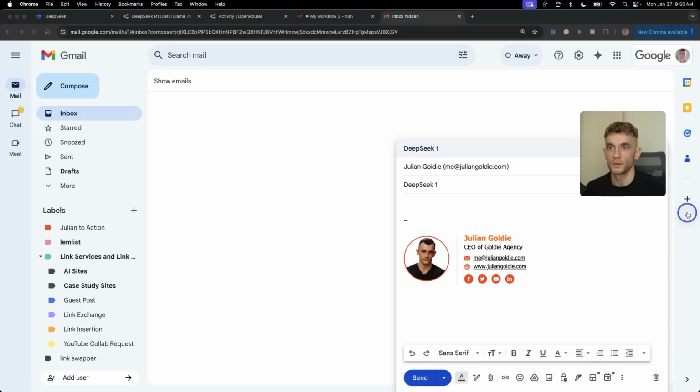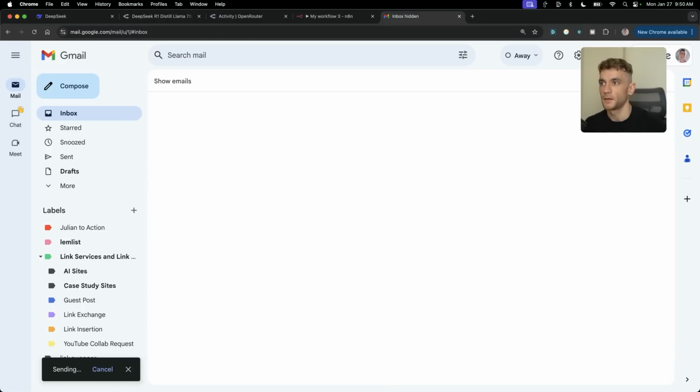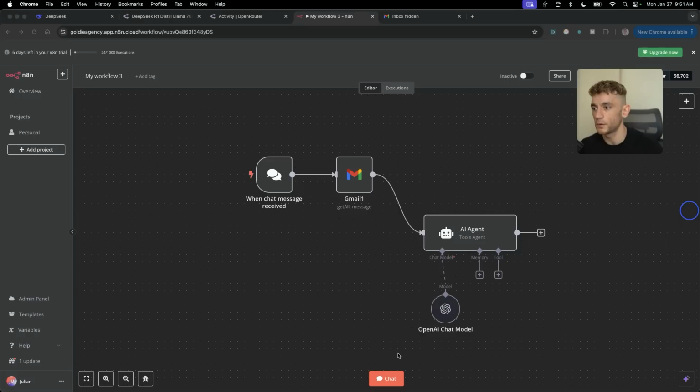Pretty amazing stuff. So just to test this works, what we're going to do is we're going to take, for example, an email that I'm going to send as a test to myself. So I'm going to say, let's meet for lunch. Let's meet for lunch to discuss DeepSeek and the details about it. All right. Then we're going to send an email to ourselves. We're going to use n8n to basically automate all of this process. So if we run this chat,